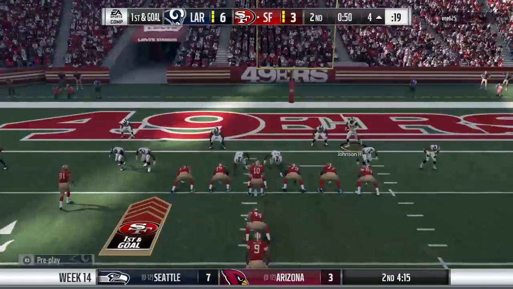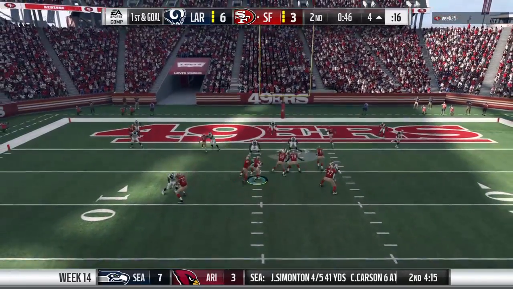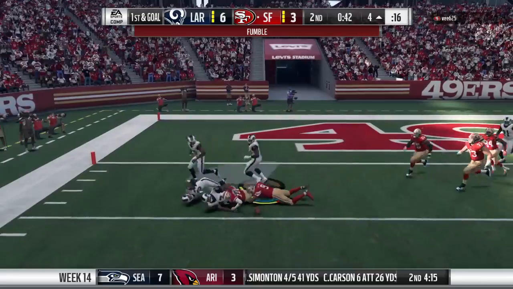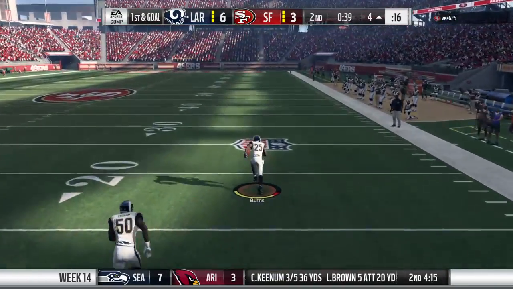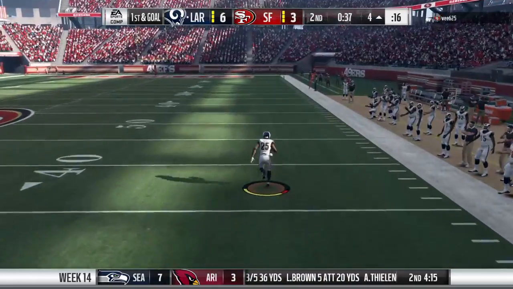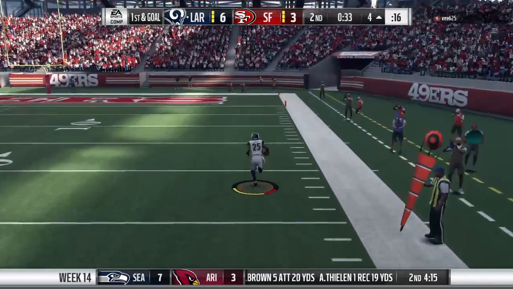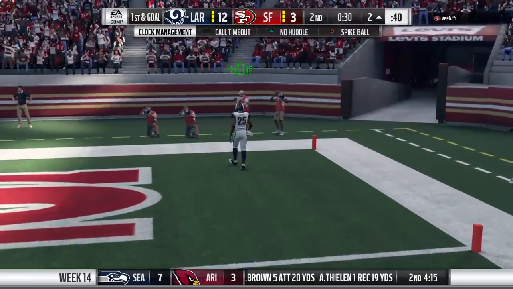Let's go! Green 39! Green 39! Throwing now is Garoppolo. Fighting for the end zone. He lost the football. It's out. And now the Rams have got it. Going the other way. He's got daylight. He's at the 50, 30, 20, 10, and he will score. Touchdown,